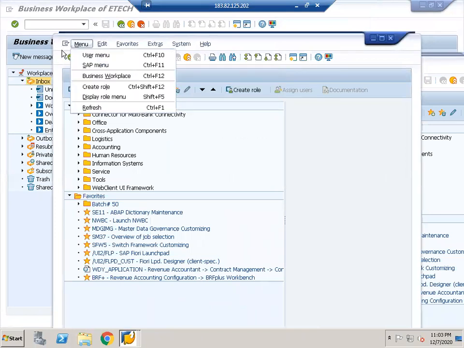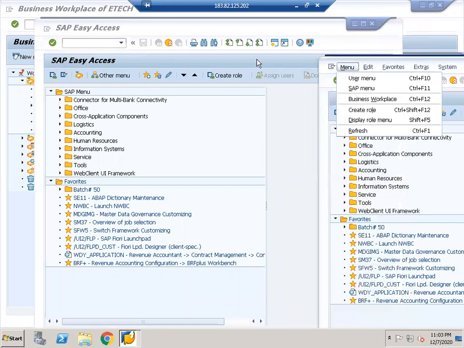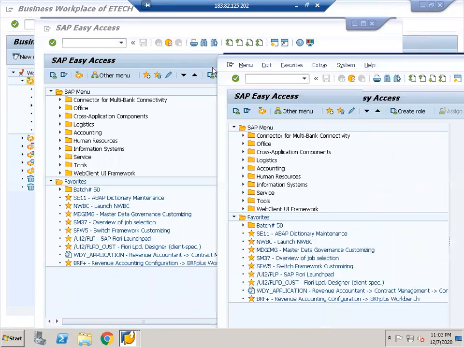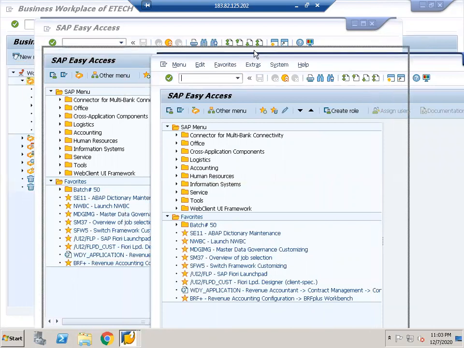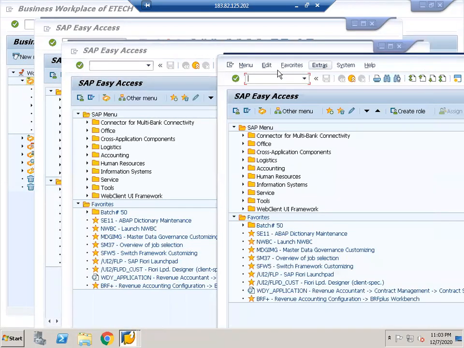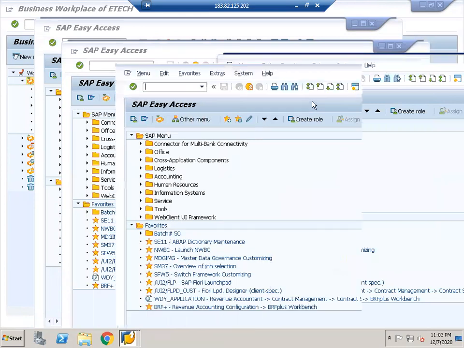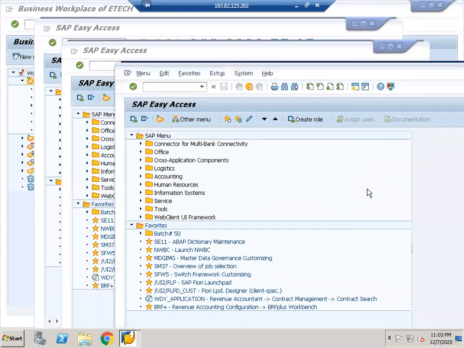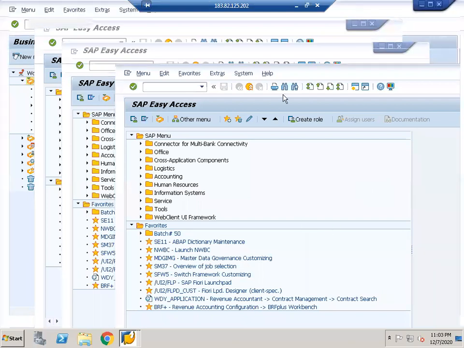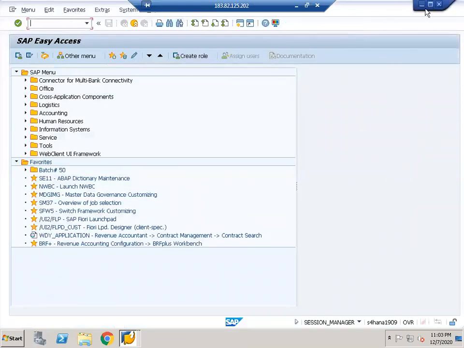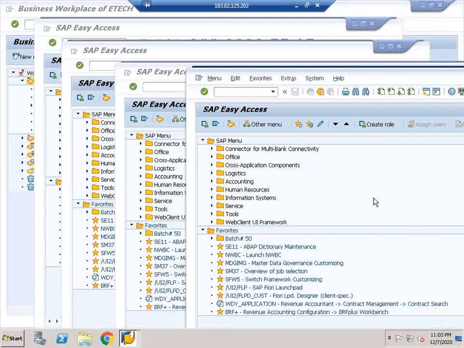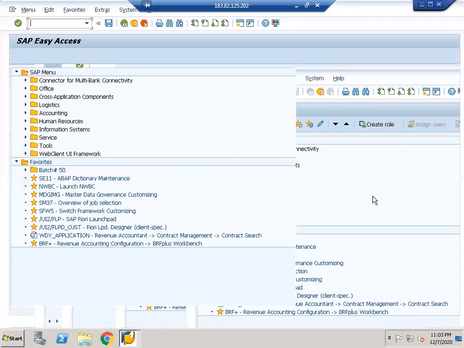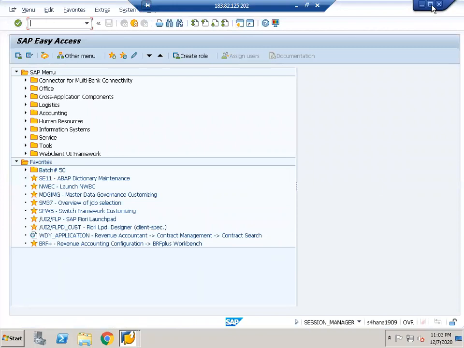This is session number 2, and then we have session number 3, and this is session number 4, and then up to 6. It will allow only up to 6, not more than this. Now this is session number 5. And now let's open another session. This is session number 6.